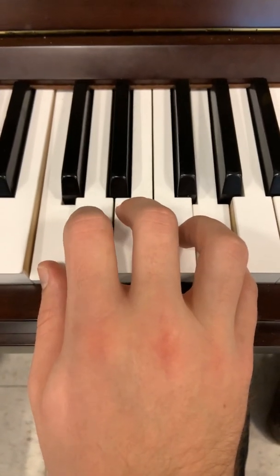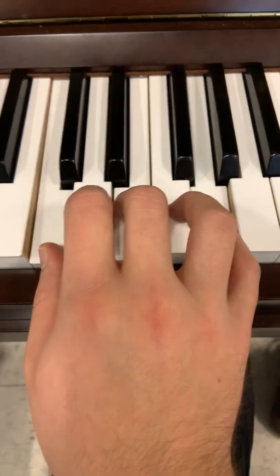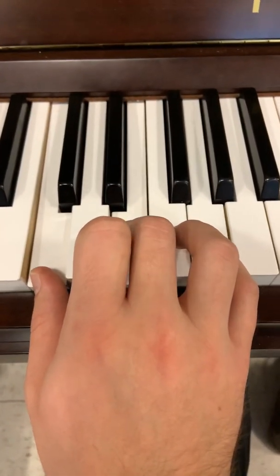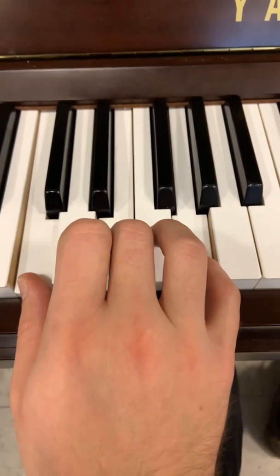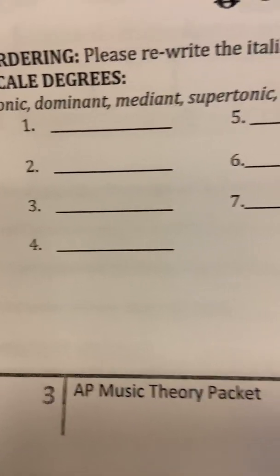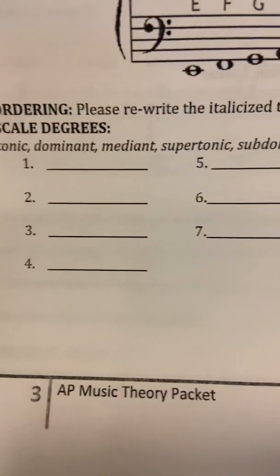And the middle note here, it's called the mediant because it's halfway in between the tonic and the dominant. So 1 is the tonic, 3 is the mediant, and 5 is the dominant. Knowing that, you could go ahead right now and put mediant in number 3 and put dominant in number 5, and then some of these others,